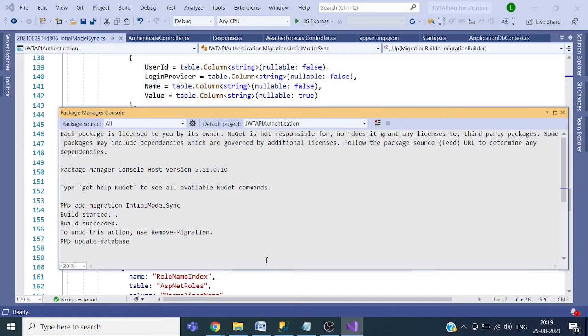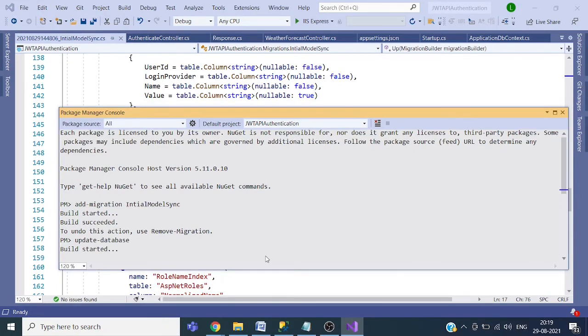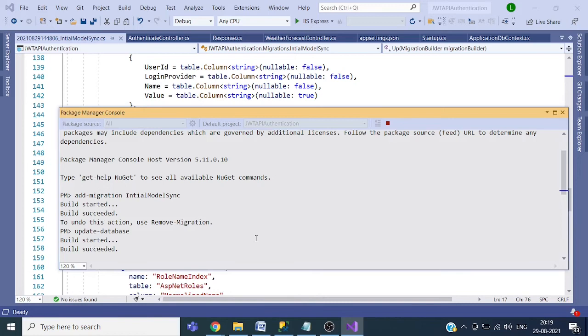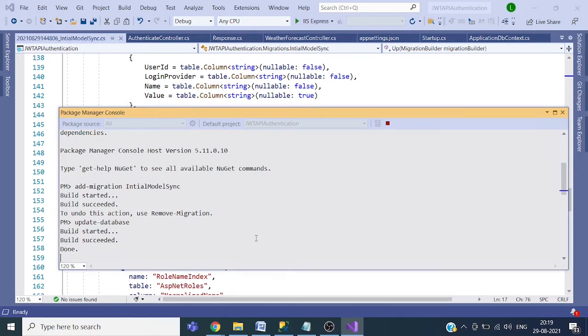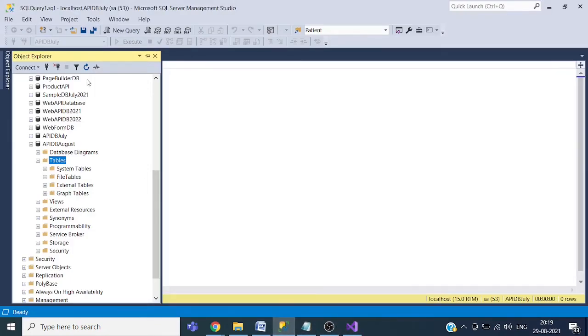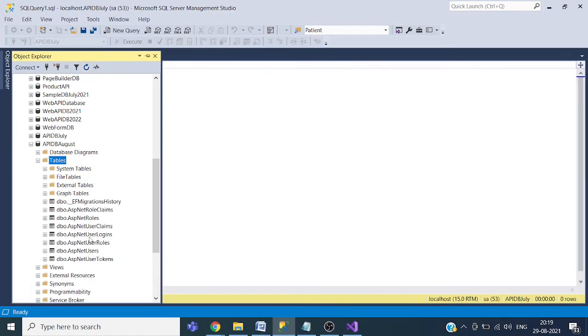Now update database and tables will be created on the database. So refresh this one. So you can see we have these tables for the Identity Framework, and this table will contain the history of migrations. So whenever you run a migration on the database, there will be a record for that migration.